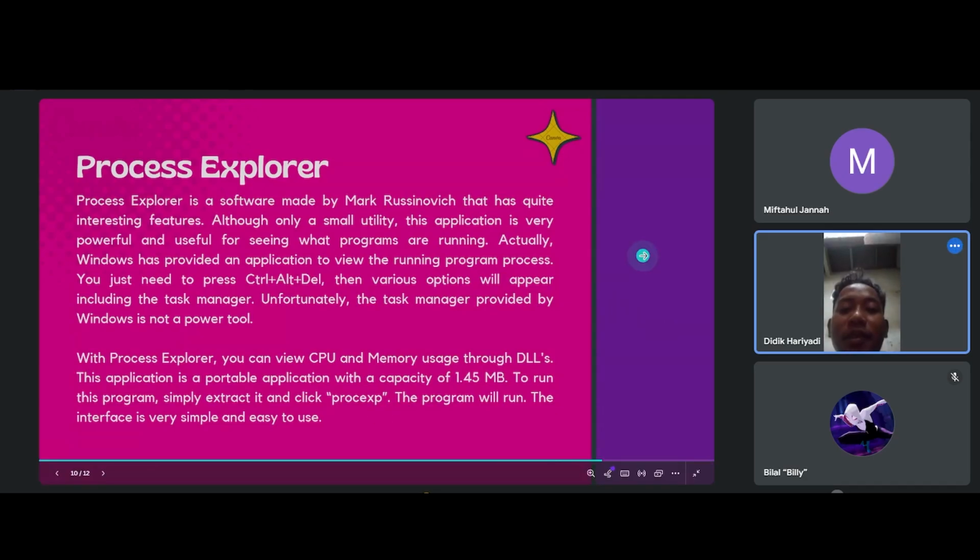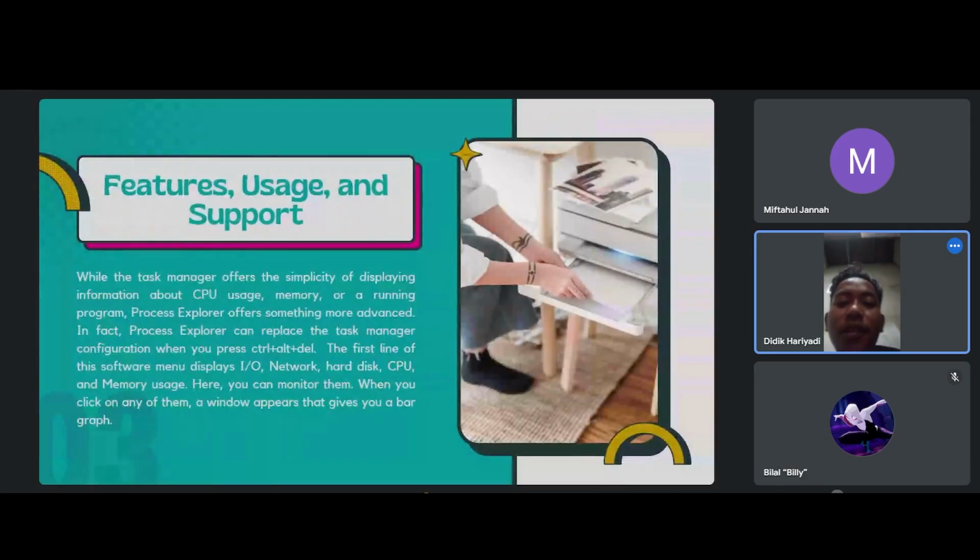Next, feature usage and support. While Task Manager offers the simplicity of displaying information about CPU, memory usage, or running programs, Process Explorer offers something more advanced.